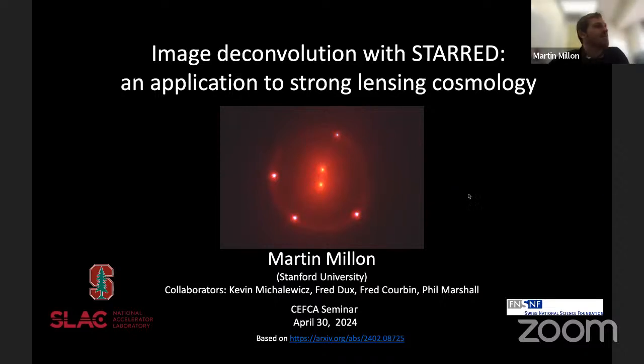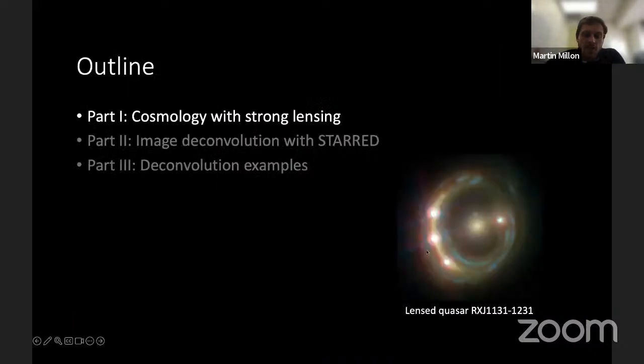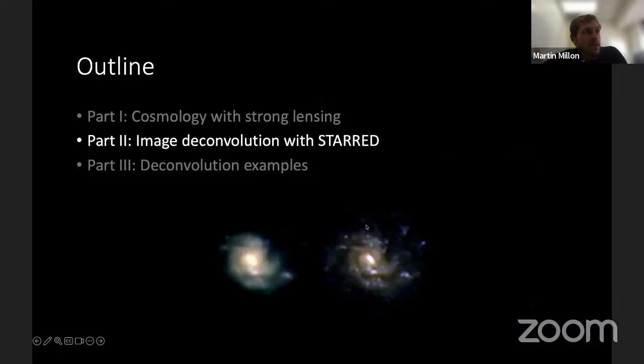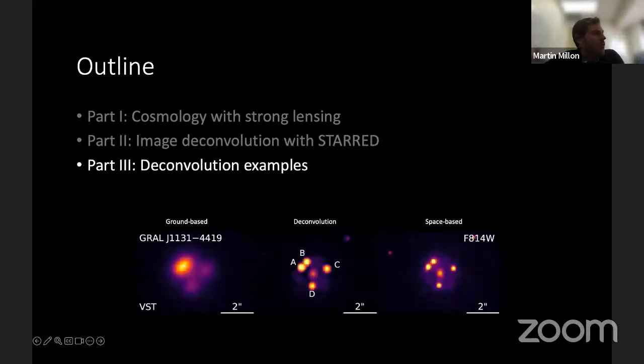Hi everyone, it's a pleasure to be here virtually. I'm going to talk about image deconvolution mostly, and give you a brief intro about strong lensing cosmology and a bit of the history of why we developed that technique to do cosmology with strongly lensed quasars. You see an image here of a strongly lensed quasar. I'll start by showing you some pretty images of those lensed quasars, and then how you can improve the resolution of your space-based or ground-based data with STAR,